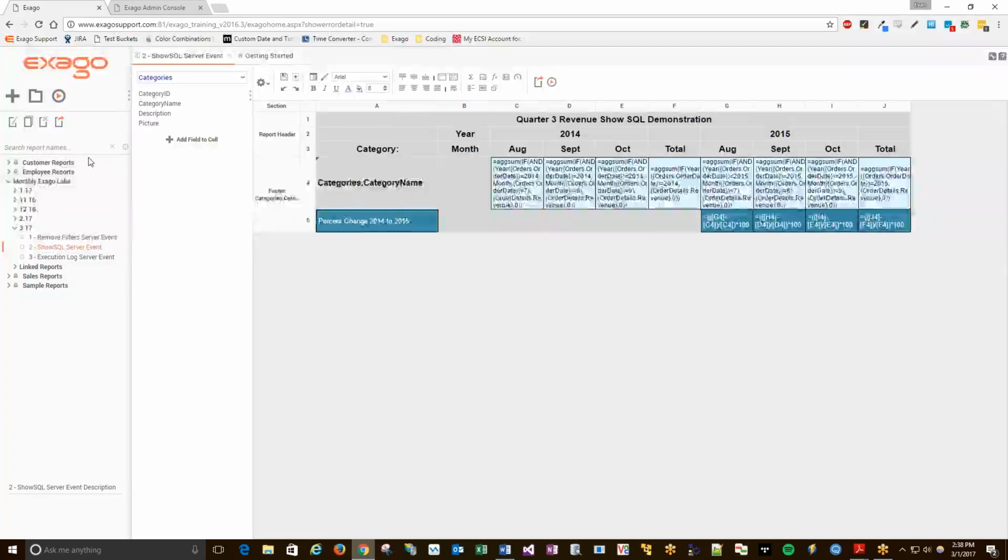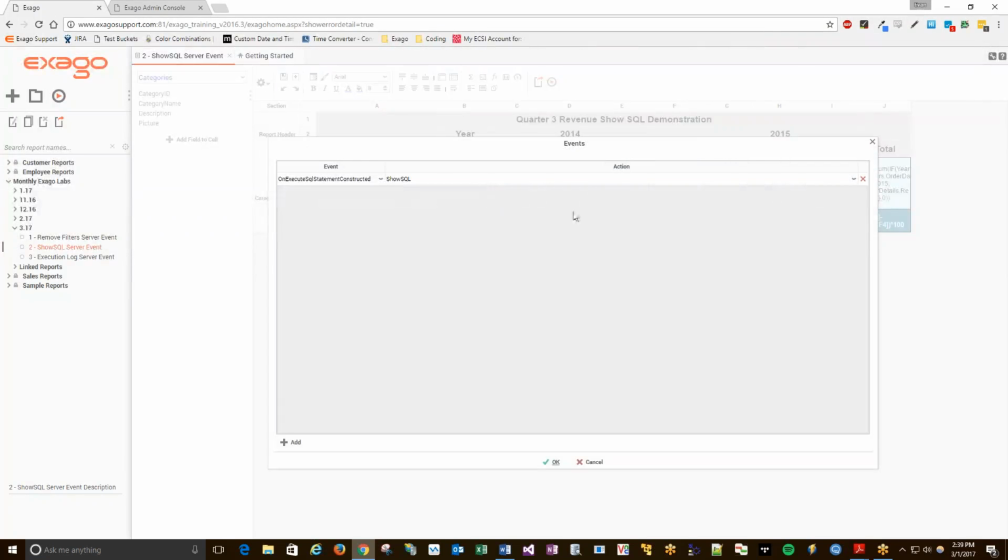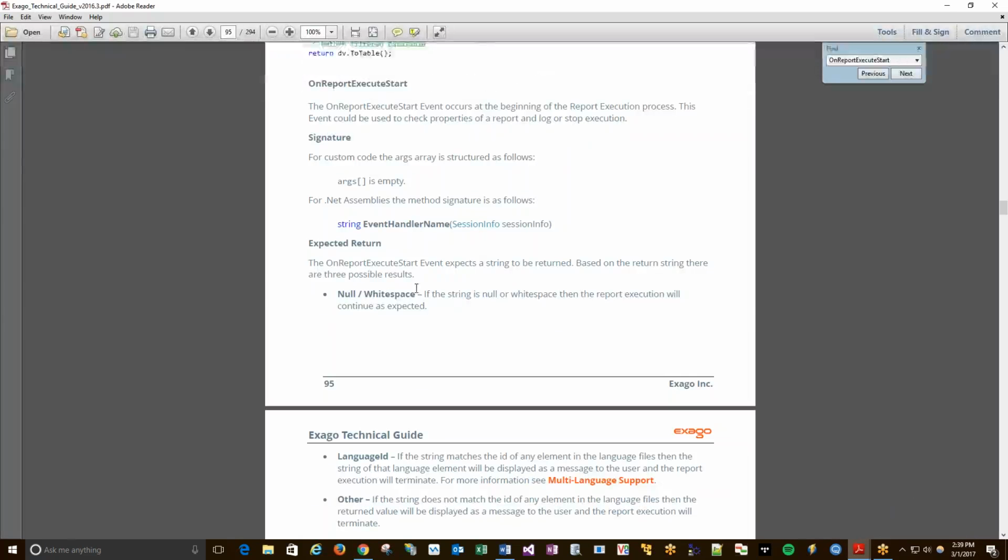Now this server event in particular is pretty useful to add to a specific report rather than adding globally, and the reason for that is because I want to show you what happens first and then I'll explain the rationale. So you'll see I have this ShowSQL server event added on the event of onExecuteSQL statement constructed, and you'll see that if I navigate to the tech guide,